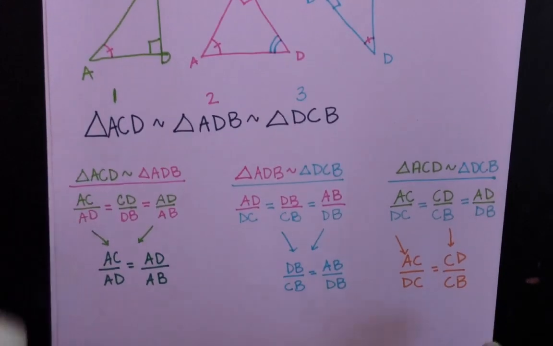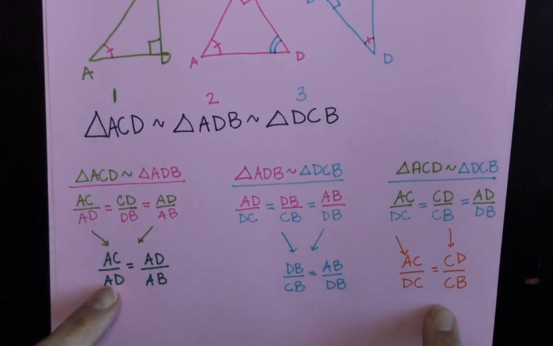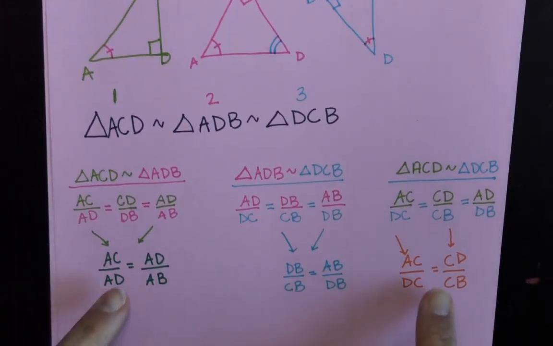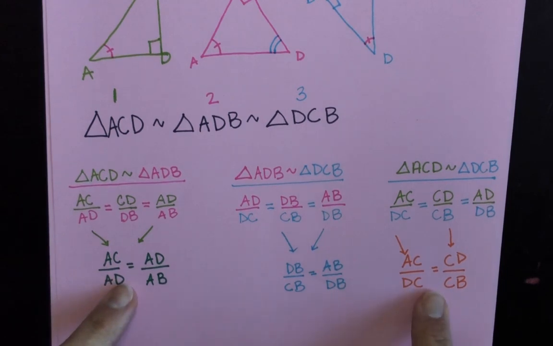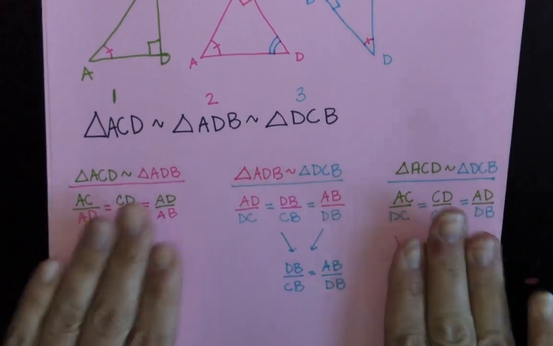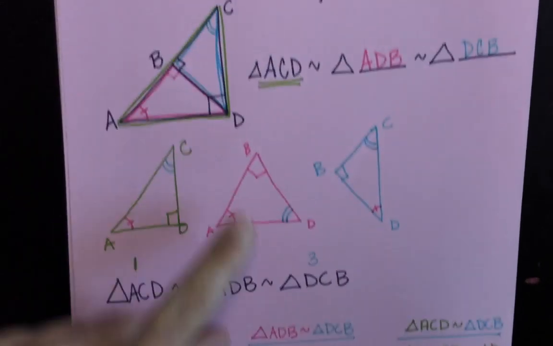So what we did down here was determine that the leg is repeated as the hypotenuse in the other smaller triangle. So what we end up with is these patterns where we're talking about the legs and the altitude, BD